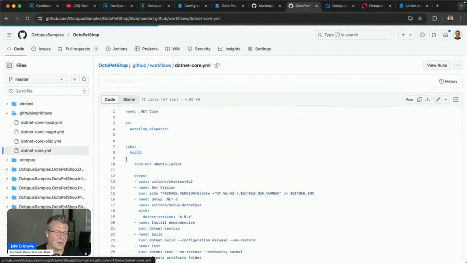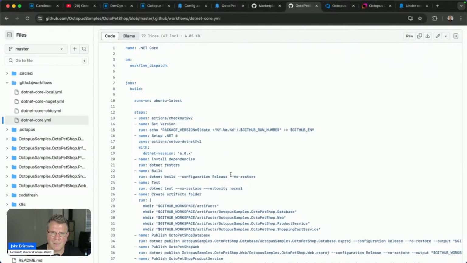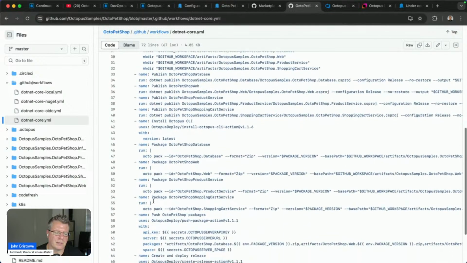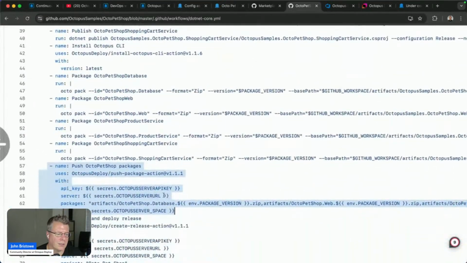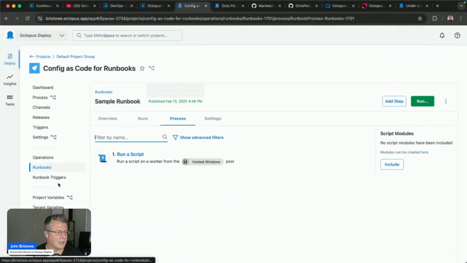And if we take a look at one of these, this is a .NET application, but it can be any type of application. So this is basically the YAML that defines my build, test, etc. And down here near the bottom, after you've done all your builds and tests, you'll notice these are where our actions are executing. So you can see here we have our action here, push package. What this does is, we have a built-in package repository in Octopus. So jumping back to Octopus, you can see these listed here.